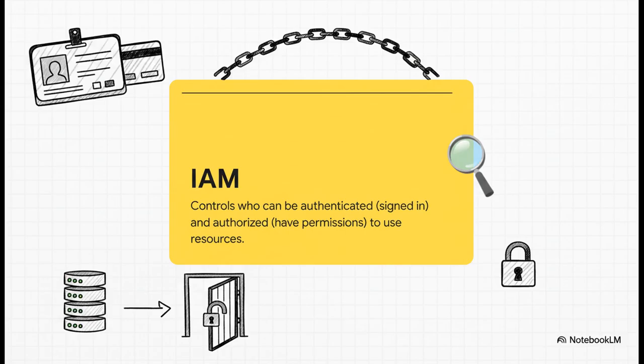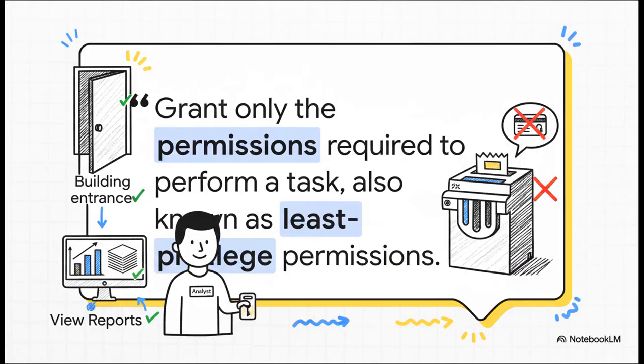Think of IAM as the campus ID and keycard system. It's not a firewall. It doesn't care about network traffic at all. Its entire job is to answer two simple questions. First, who are you? That's authentication. And second, okay, now that you're here, what are you allowed to do? That's authorization. IAM enforces these rules using things called policies, and you don't need to be a coder to get